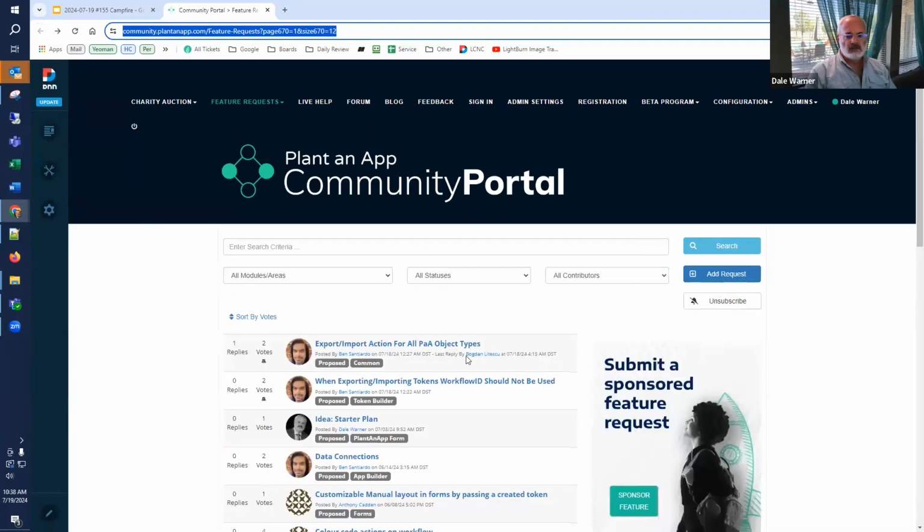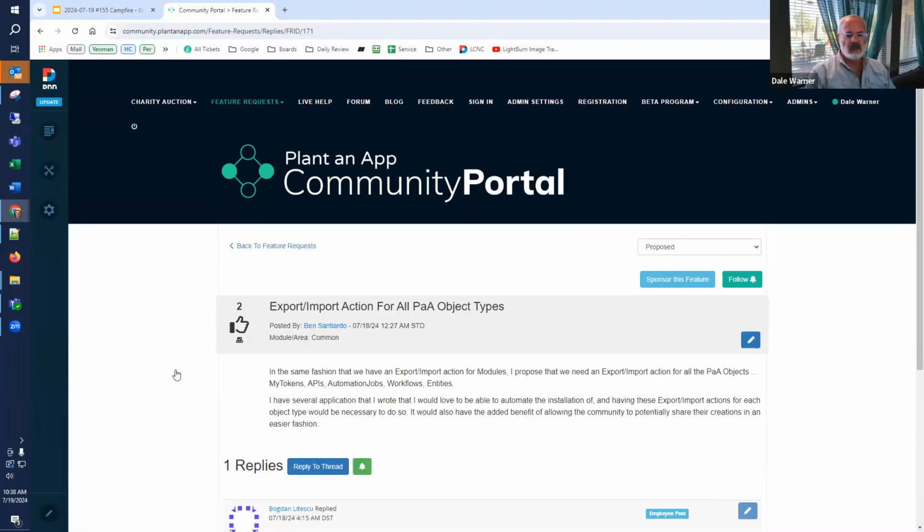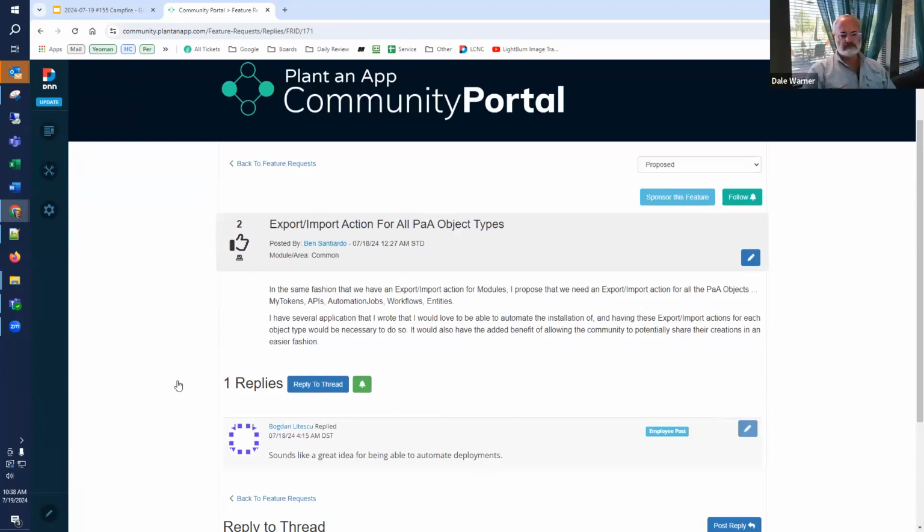But the other one, which I think is very relevant, we have the ability to do exporting and importing through automation of several kinds of things. Like you can export a listing and get the XML back from it and then import it into some other system. So for purposes of automating the implementation of something, being able to copy a system from one place to another, we do parts. So Ben's making the point that we don't do everything, and so we can't do everything automatically. Did I represent that well, Ben?